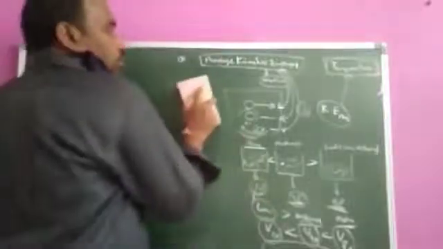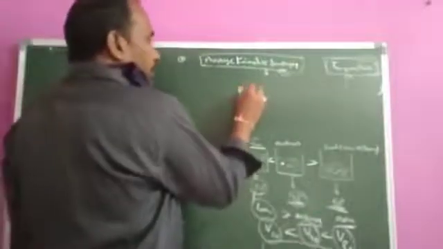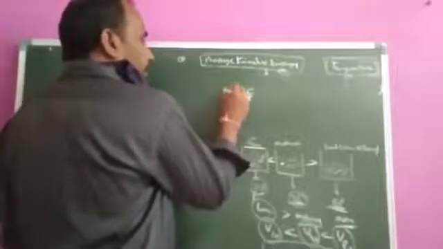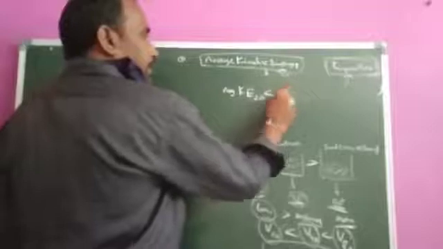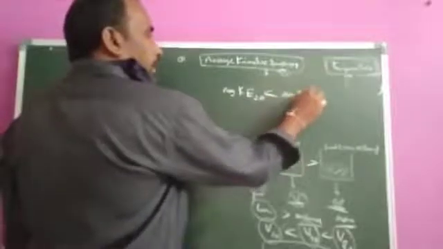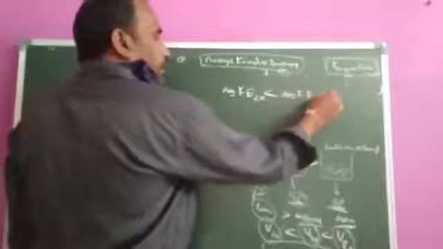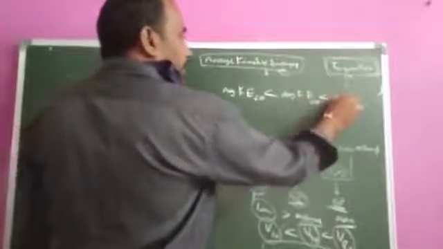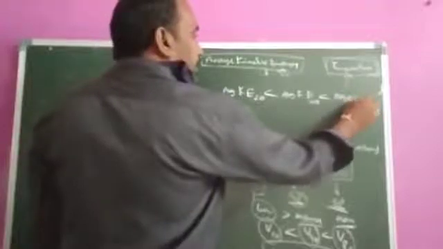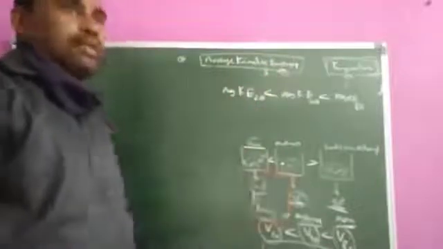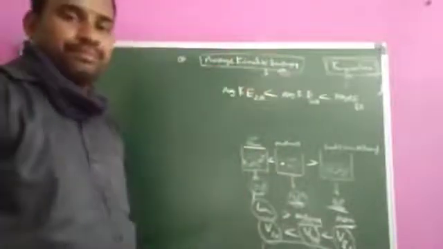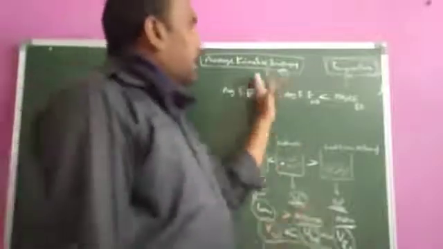So what are you observing here? The kinetic energy is also related to the temperature, because the velocity is also changing. So the average kinetic energy at 20 degrees centigrade is less than at 40 degrees centigrade, which is less than at 80 degrees centigrade. Because the velocities are changing, the kinetic energies change. So from these relations, the kinetic energy is related to the temperature.